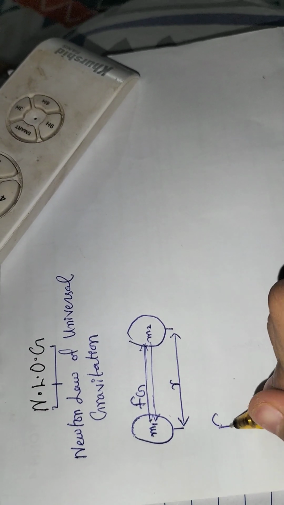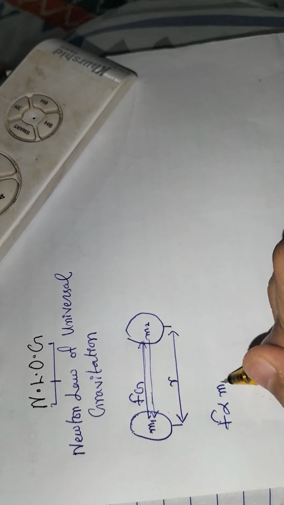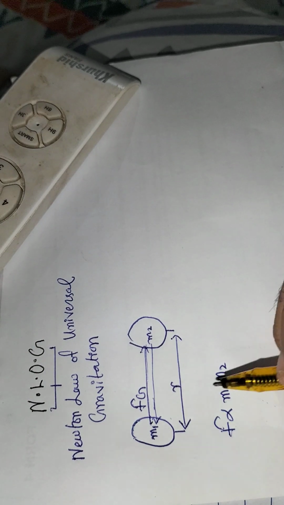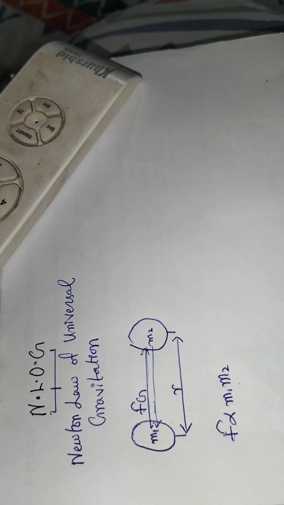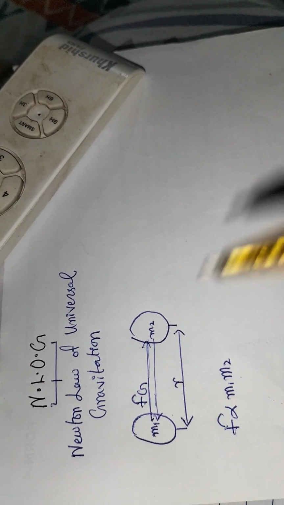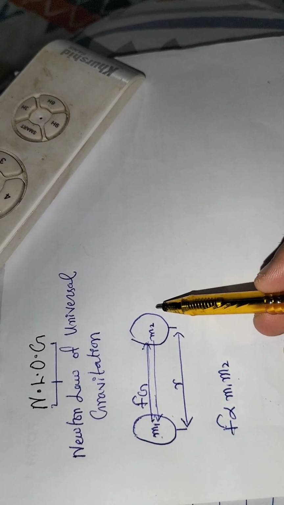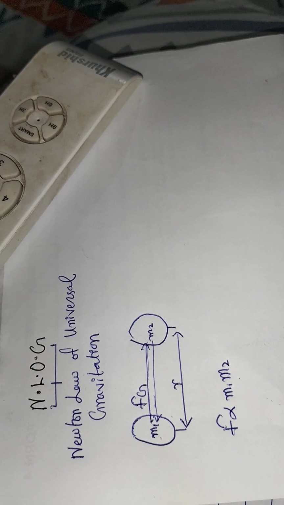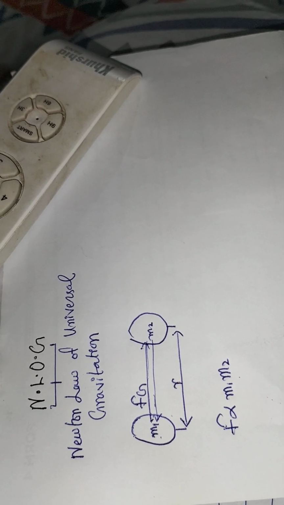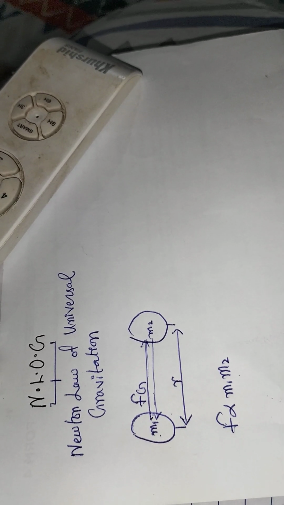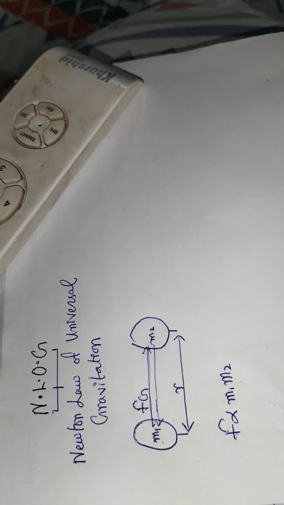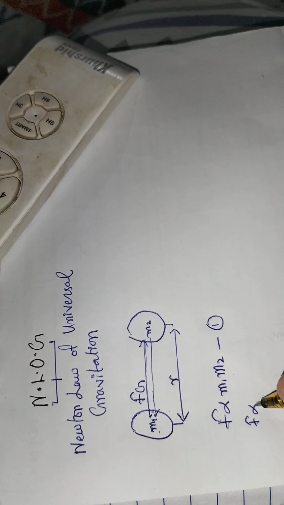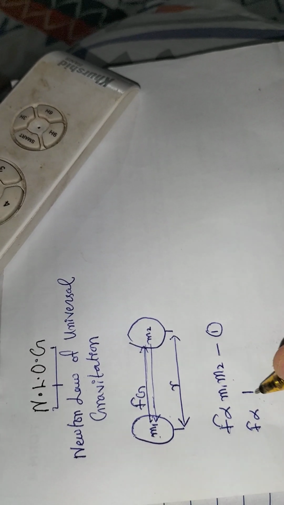Force is directly proportional to m1 m2. And why is it directly proportional? Because जब mass बढ़ेगा the force will be increased. जब force बढ़ेगा तो mass will be increased. Okay. जब mass कम होगा the force will be decreased. And the first equation we have is this, and the second equation we have is force is inversely proportional to the r square,